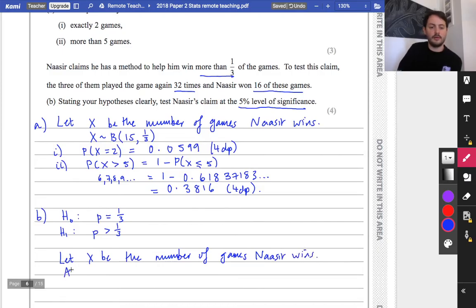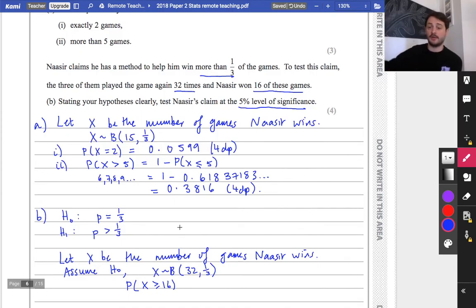And we're going to assume that H0 is true. In other words, that X is binomially distributed, but this time it's not 15 games. They're playing it 32 times, and we're going to assume that the probability is a third. So we want to see, what is the probability that Nasir plays this game and he wins 16 games or more? And the reason I'm saying 16 or more is because